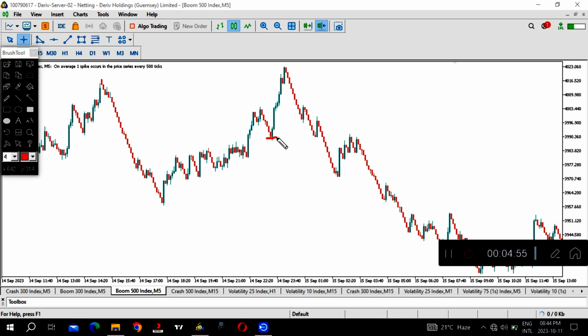This was our last structural point, right? So over here, when you break this structure down, and we already checked the 1 hour time frame, we know that we are in a long-term downtrend, right? So after we break this structure here, this previous structure over here, this was the last